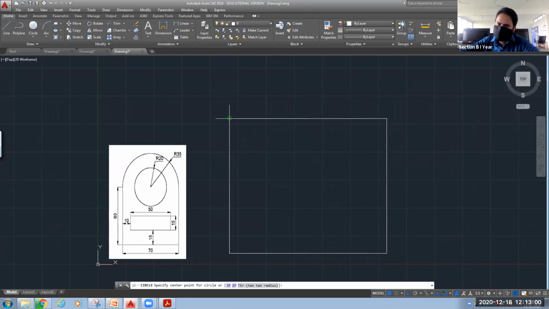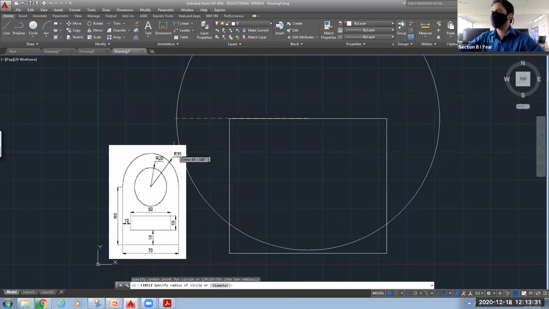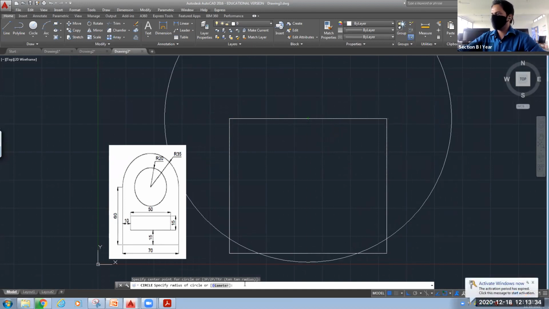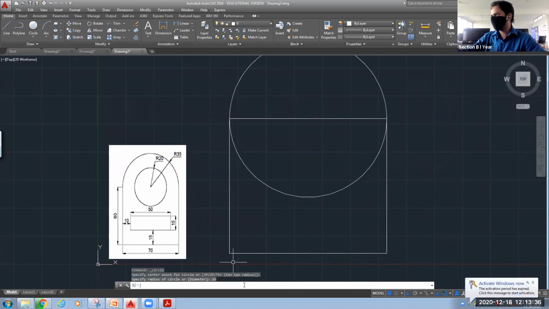At the corner you can see a square green color is there. In between, the symbol is changing to inverted triangles. So when you reach the midpoint, you can see an equilateral green color triangle will come, and it is writing that it is the midpoint. Okay, so I will click at this location, that is my center point, and the radius you can see is 35. In the diagram here, it is mentioned that it is 35. So mention the radius as 35.